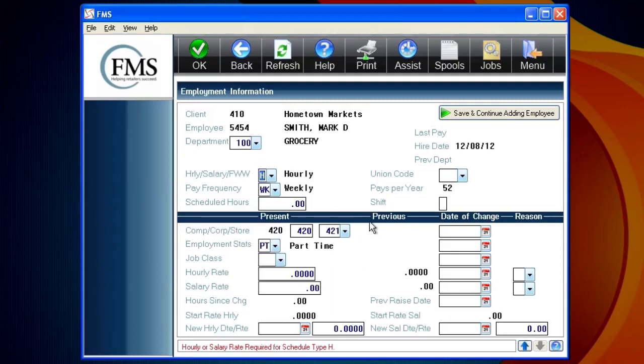So it didn't bring a confirmation prompt, so there are still additional fields that need to be filled in. If I look down below, it says hourly or salary rate is required. At the time I pressed enter, it originally did not know if this employee was hourly or salary, so it did not know which of these fields to make required, hourly or salary. In this case, it's hourly, so I'm going to key in the hourly rate